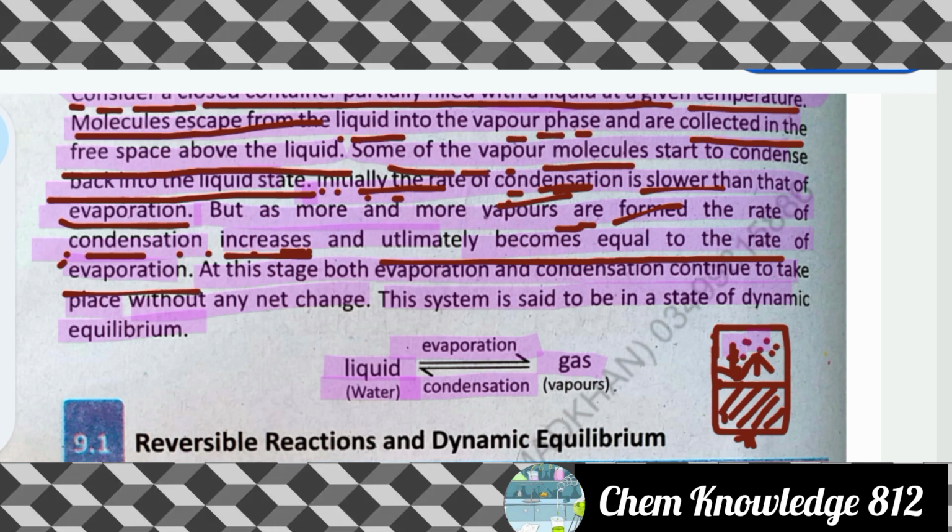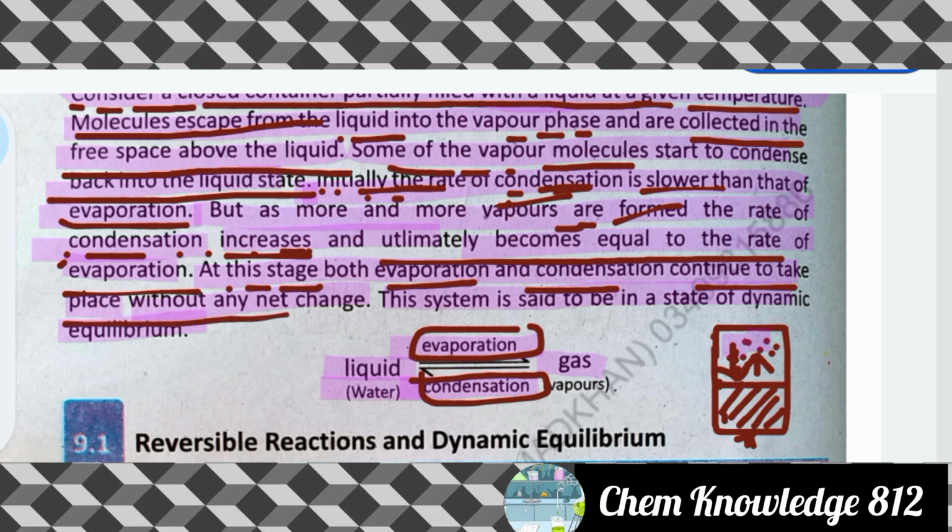यानी यहाँ पर ये जो बताया गया, रेट ऑफ एवापोरेशन रेट ऑफ कंडेंसेशन के बराबर होगा, एक स्टेज आएगा। तो जब ये आपस में बराबर हो जाएंगे, यानी रेट ऑफ कंडेंसेशन और एवापोरेशन, तो इस स्टेज में दोनों एवापोरेशन और कंडेंसेशन हो रहे होंगे।